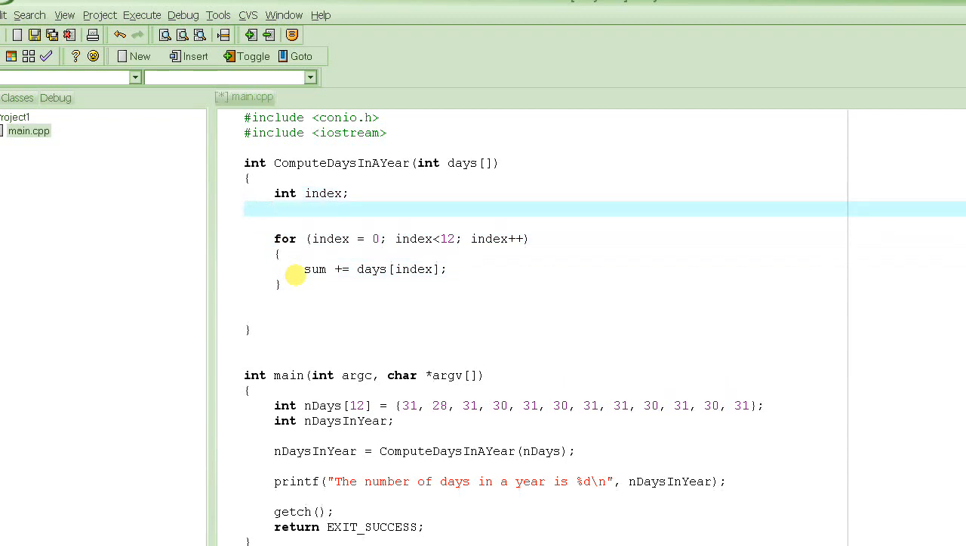Okay, and for that, before we do this, we also have to, we forgot to basically